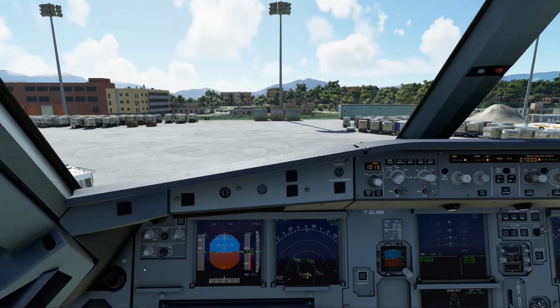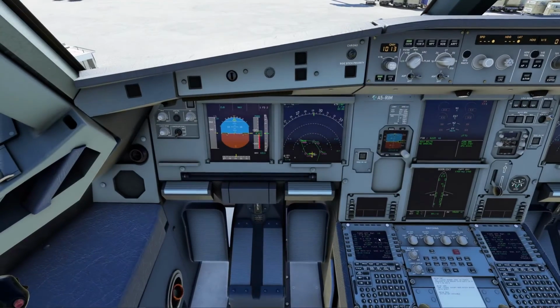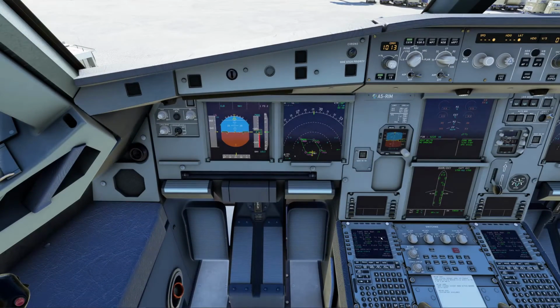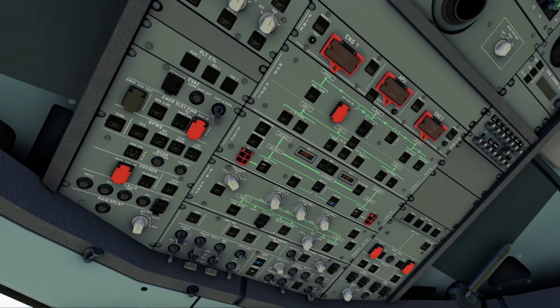Okay, so before pushback and start, so all doors are closed. APU master and start, that's on. APU bleed, put that on as well. External power is off, and seatbelt signs are on.